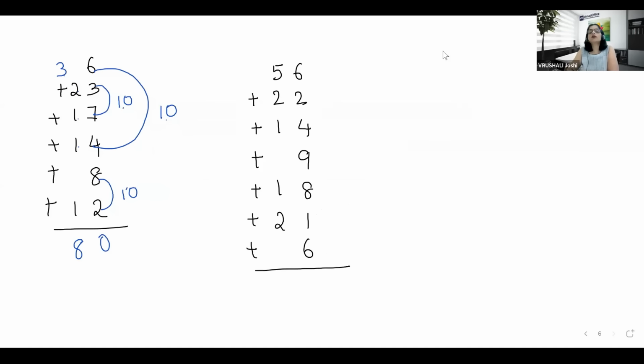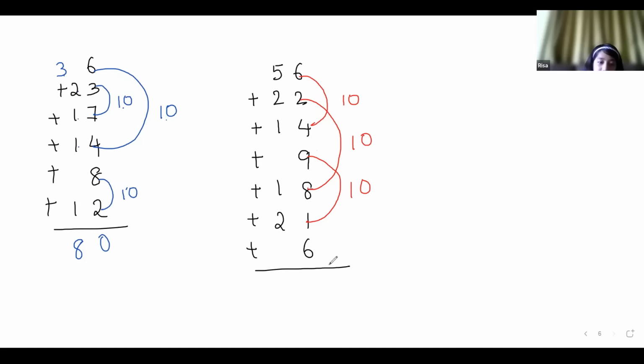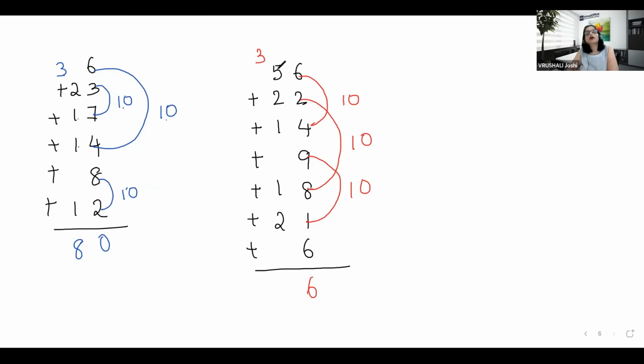What we are going to do here, simply let us find out the combinations of 10. So let's start. 6 plus 4 is 10. Then look at 2. Do you see an 8? Yes. 8 plus 2 is 10. Look at 9. Okay, this is 10. 30 plus 6, what is 30 plus 6? 36. Correct. This is easy, no? Now 5 plus 3. Now here also there is a 10 actually. 5 plus 3, 8 plus 2, 10. This is also a 10. Look for 10. 10 plus 2, 12, 13, 14.